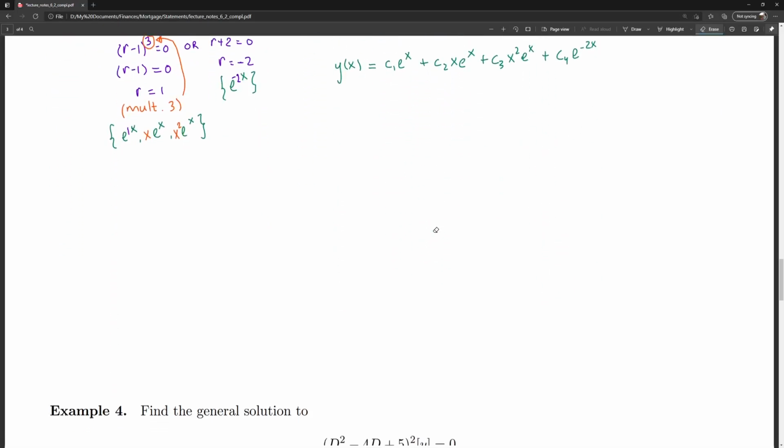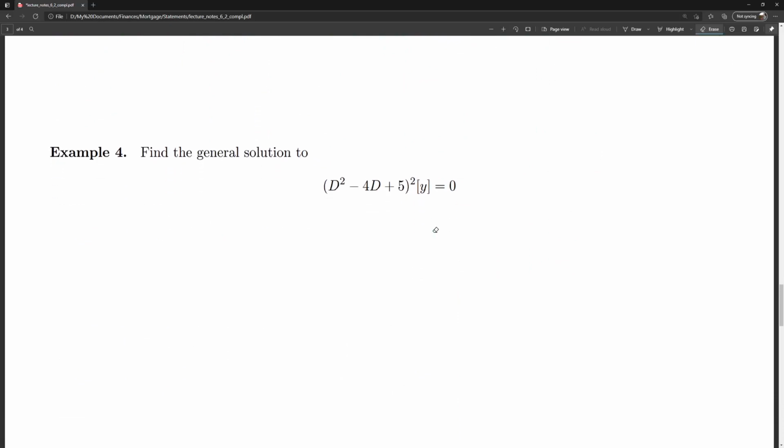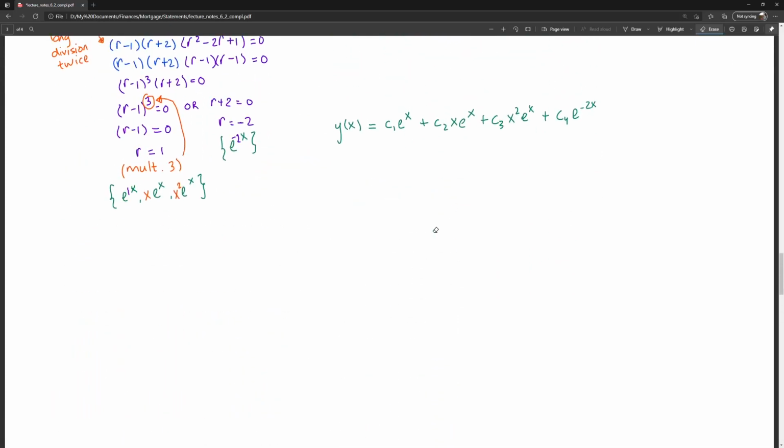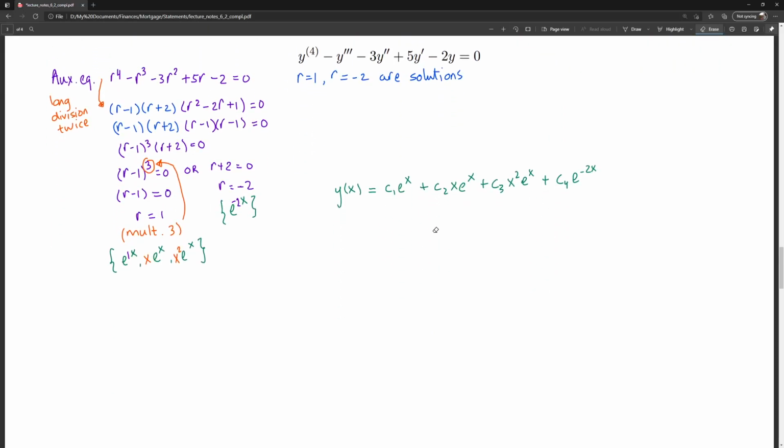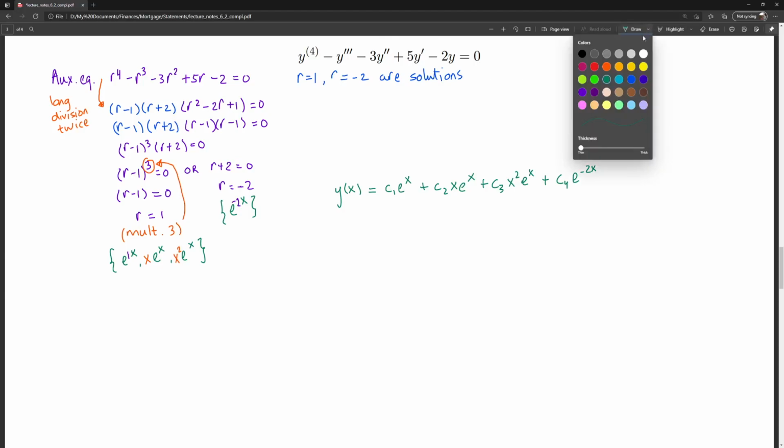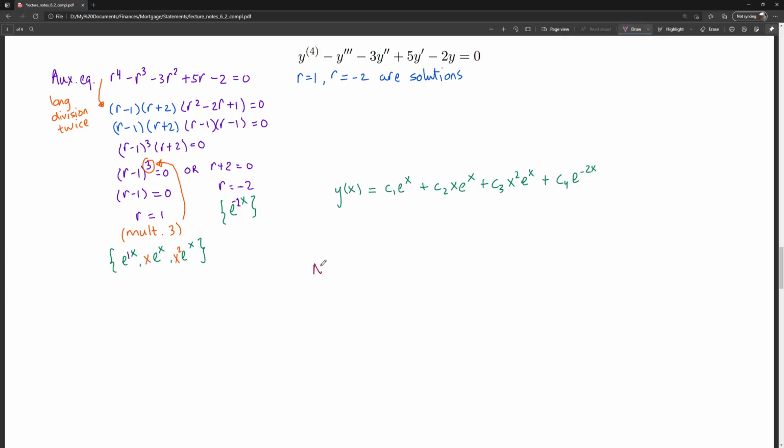Okay, let's take a look at another example. In fact, before we do that, let me remind you of the relationship we saw between operator notation and the auxiliary equation, because if we look at this differential equation, one thing to note here is that